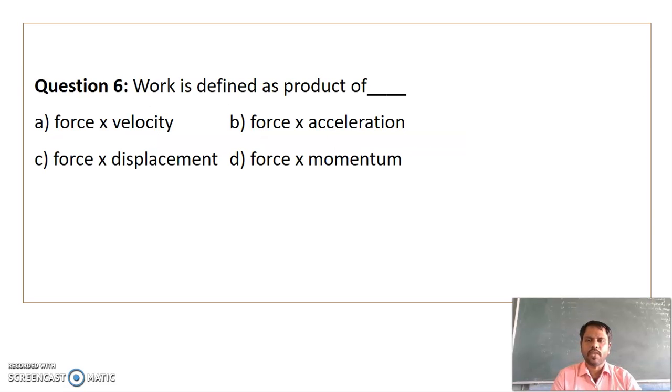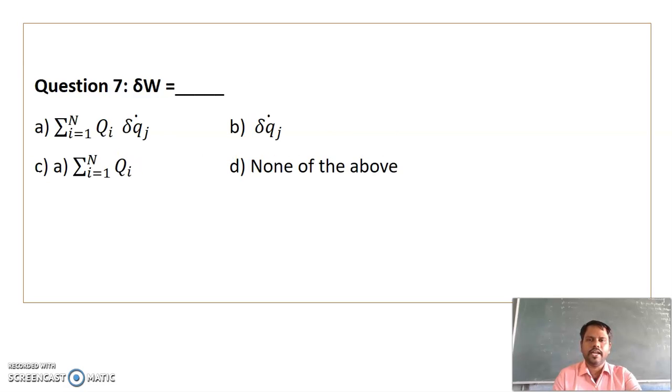Question number 6. Work done is defined as the product of, you know that it is defined as force into displacement. So the option is C. Question number 7. Delta W is equal to, you know that it is a summation of i is equal to 1 to n Qj delta qj. So the answer is